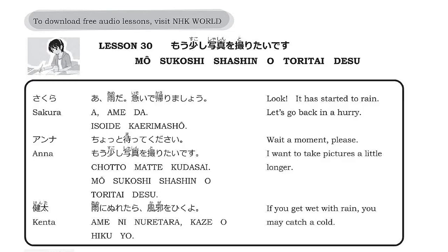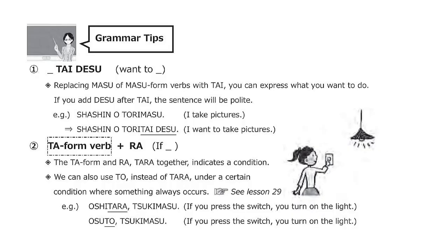を is a particle indicating the object of an action. ひく is the dictionary form of ひきます, to catch a cold. It's a casual expression. よ is a particle you can put at the end of a sentence when you tell the listener something he or she is unaware of. You can also use it when you give advice or to call for the listener's caution, as in this lesson. Now it's time for Teach Us, Teacher, when Program Supervisor Professor Akane Tokunaga teaches us today's point for learning.